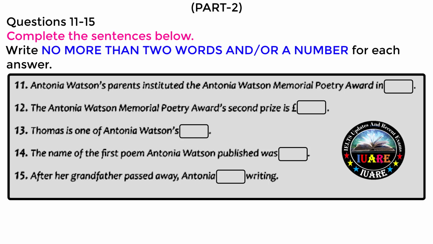As most of you know, the Antonia Watson Memorial Poetry Award has been presented annually since 2010 and was presented biannually for 2 more competitions prior, once in 2008 and once in 2006. It is entirely funded by Antonia Watson's very generous parents, who offer £1,500 to the author of the best poem on a topic announced at each previous award ceremony, as well as £500 to the first runner-up and £250 to the second, bringing the total up to